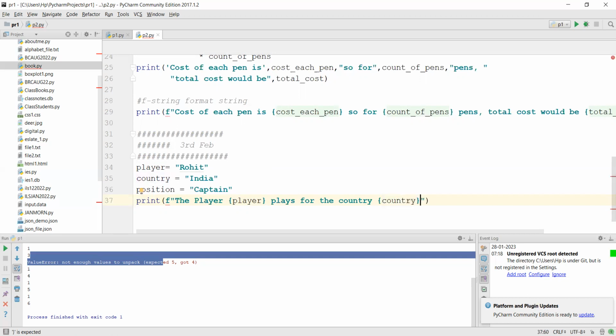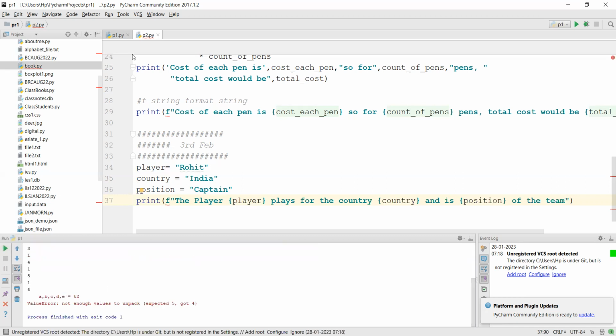The player plays for the country and is, let's say, position of the team. Okay. So if I print it this way,